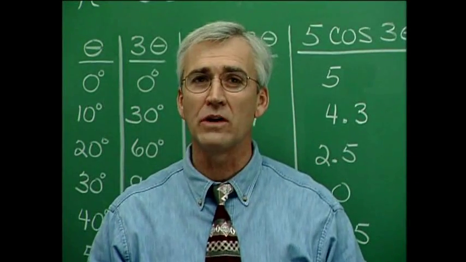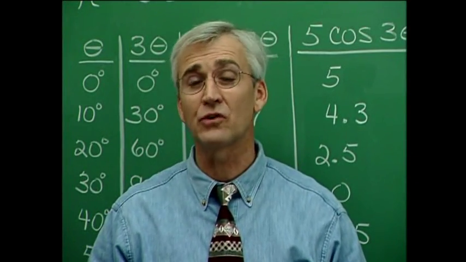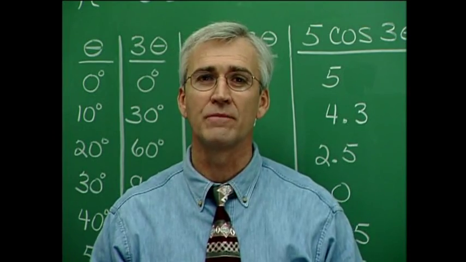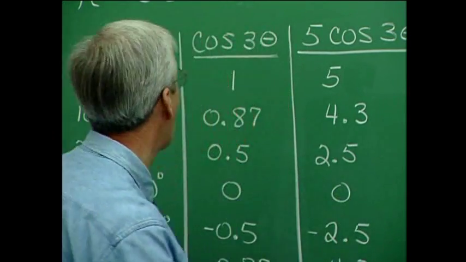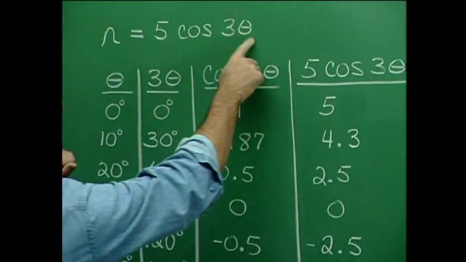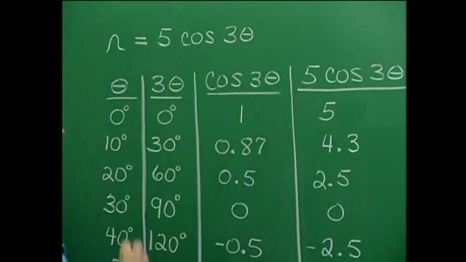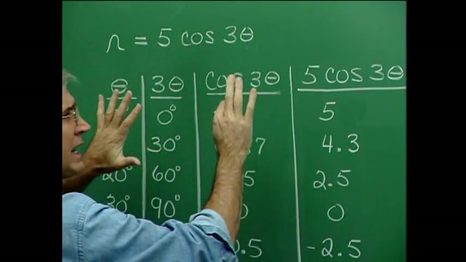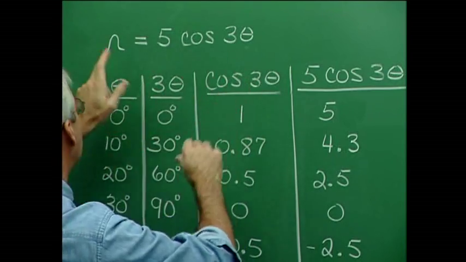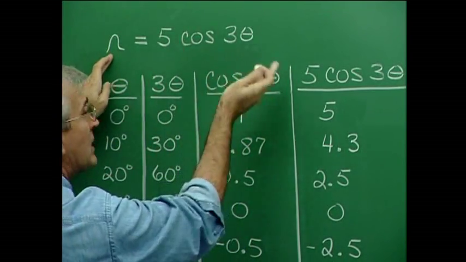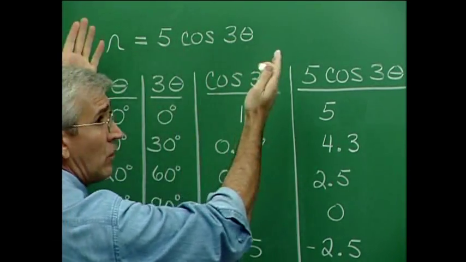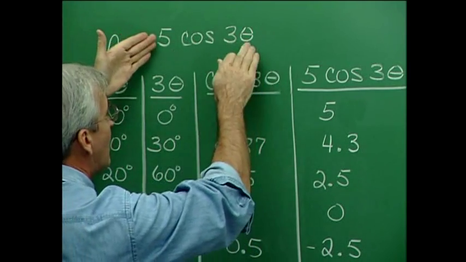Graphs of polar equations can be the most interesting and intricate graphs in all of mathematics. Consider this polar equation, r equals 5 cosine 3 theta. To construct its graph, we might think in the sense of a function here, that r is a function of theta. That is, we have r, one of our unknown quantities, and we have an expression involving our other